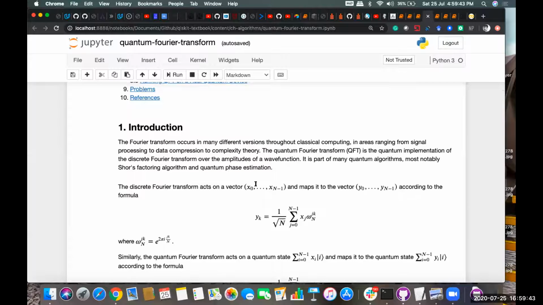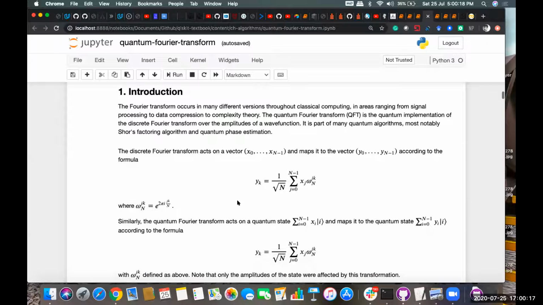Okay, so let me start with the quantum Fourier transformation. If you are coming from an electrical background or something, for understanding the wave function and all, we apply Fourier transformation, I mean classical Fourier transformation, to transform from one state to another. The same way in quantum Fourier transformation, we apply this on the quantum state. If we see the normal Fourier transformation, which we apply on a vector, it maps to another